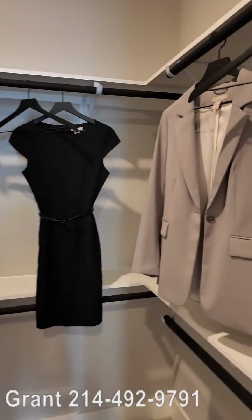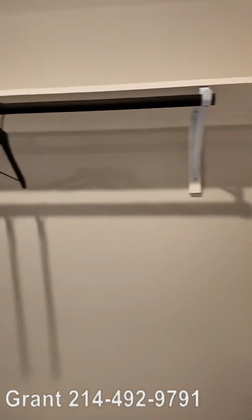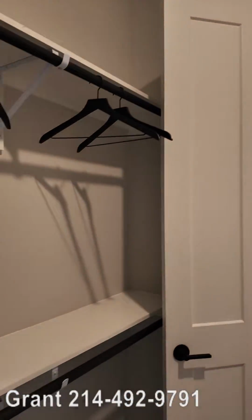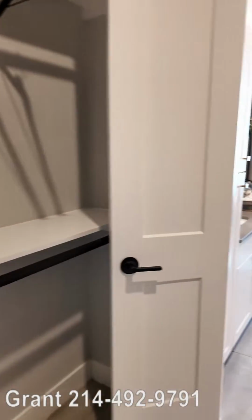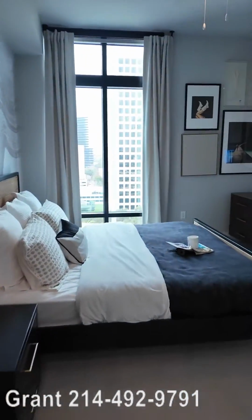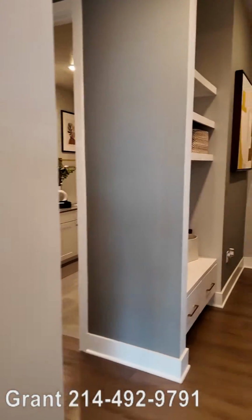I walk into the closet. Okay, this is a pretty nice size closet. It's a very nice size. It's beautiful. Wow, it's big. So you're not gonna have any problem with storage in here. This is more than enough. We're gonna walk back out and chat in just 5 seconds because we're gonna reach the living room area, and